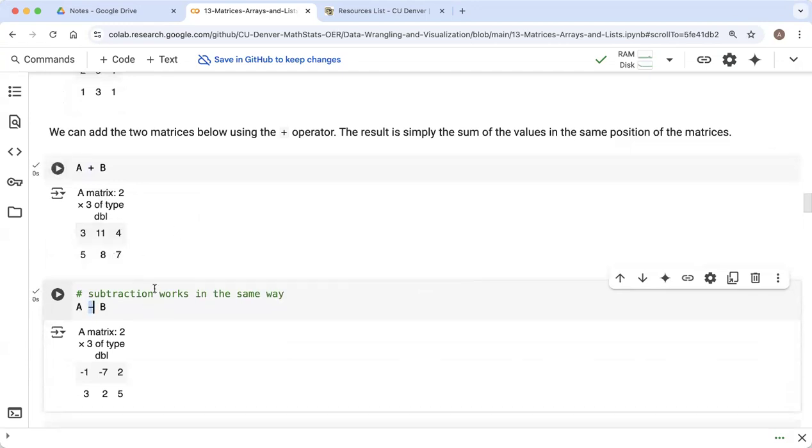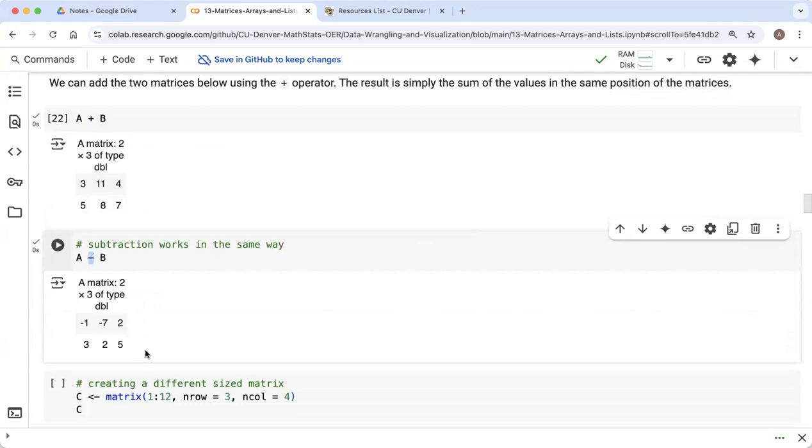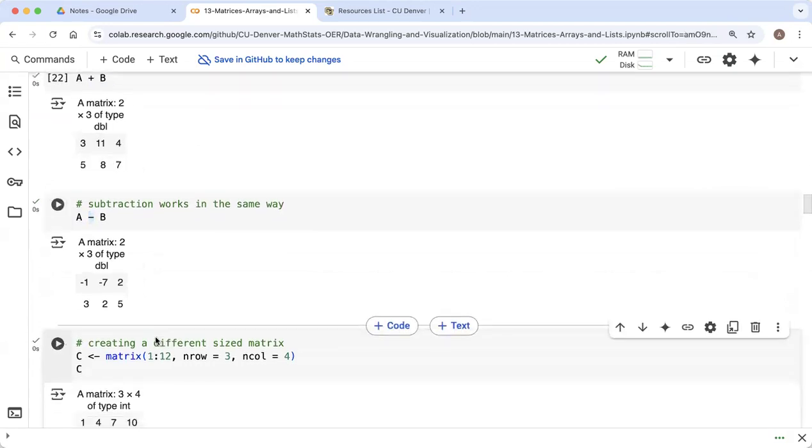So you can verify the outputs here are performing matrix addition and subtraction correctly. If I have a matrix of a different size,